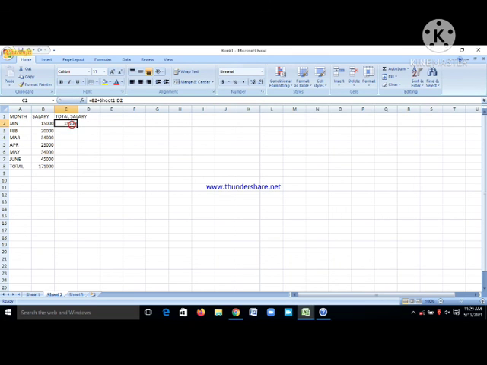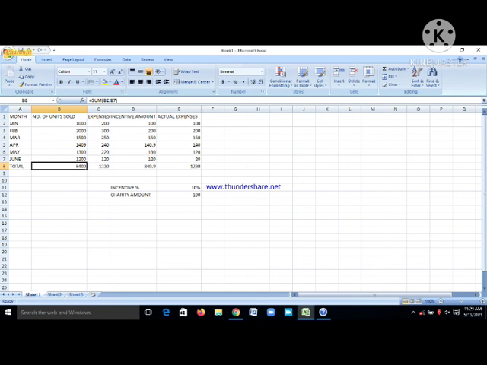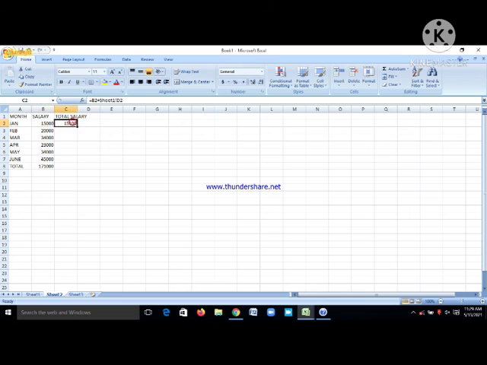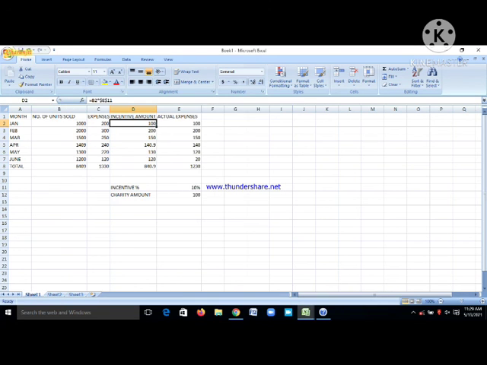We can say 15,100 is the addition of 15,000 plus 100 from the D2 cell from sheet 1. Then we can copy this formula by dragging the option. Now in all the cells output is shown by the formula, and if I select the C7 cell, this is the addition of B7 from sheet 2 and D7 from sheet 1.